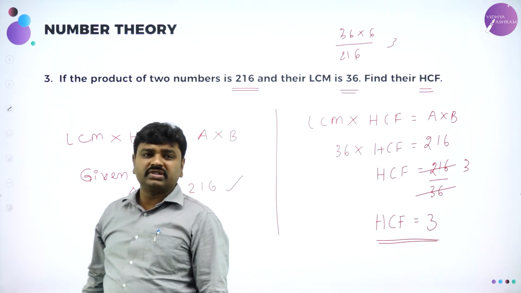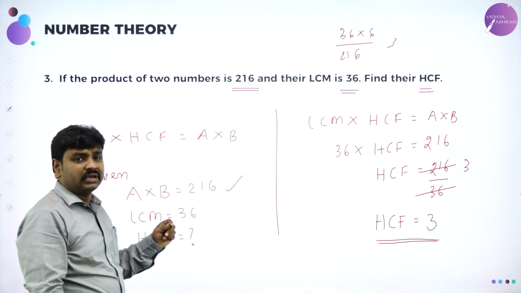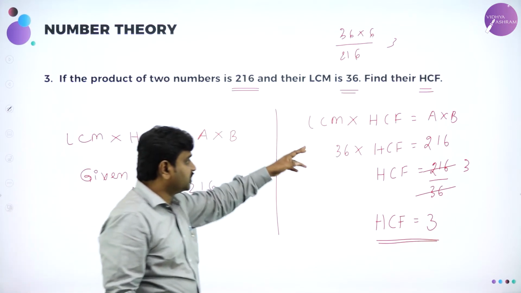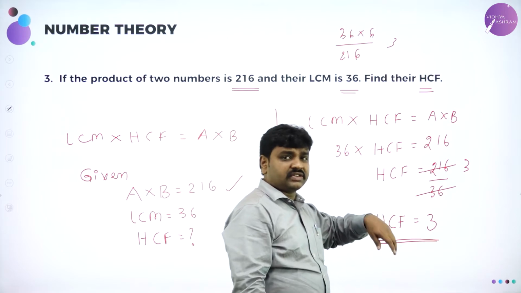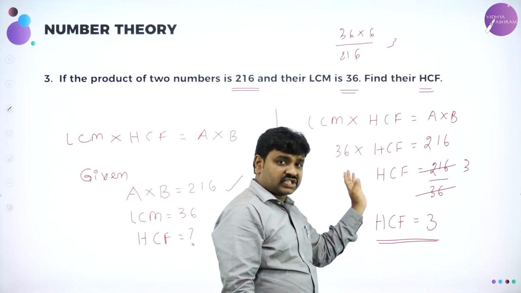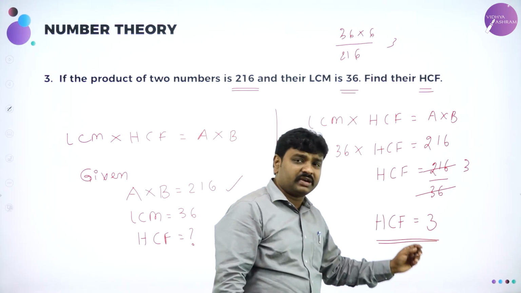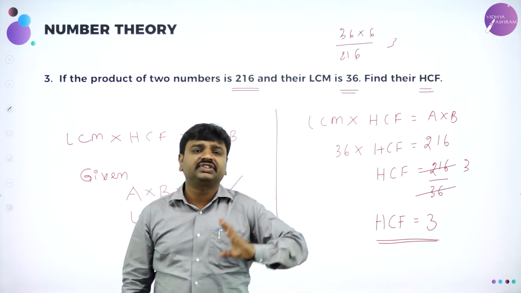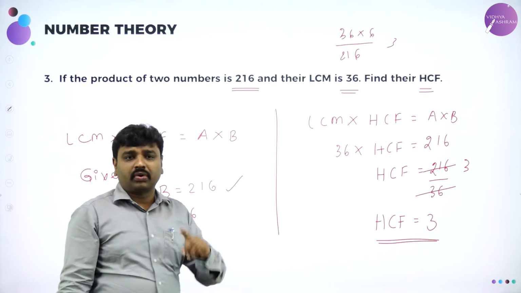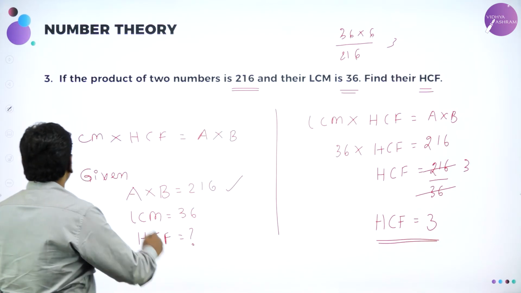I hope all of you understood. This is one of the important questions for your board exam. So product of LCM and HCF is product of two numbers. LCM they give 36, HCF they have not given, let it be HCF. And product of two numbers they give 216 and we need HCF. Transfer 36 to RHS, it will become divided by 36, divide them, you will get 3. 3 is the HCF. What is the basic formula I should know? LCM into HCF is equal to product of the given numbers.